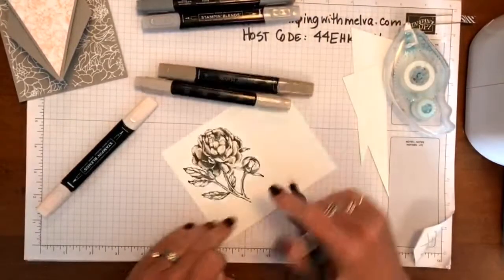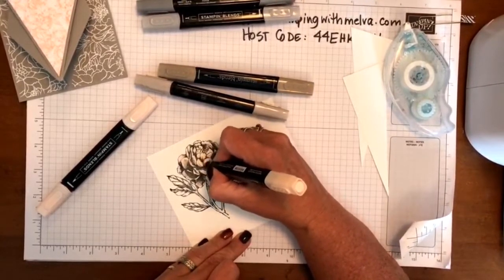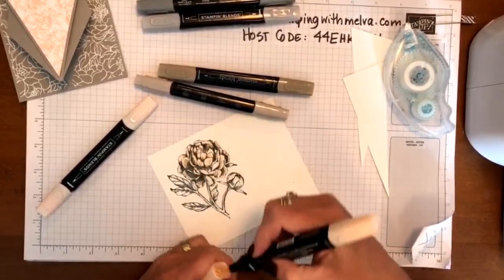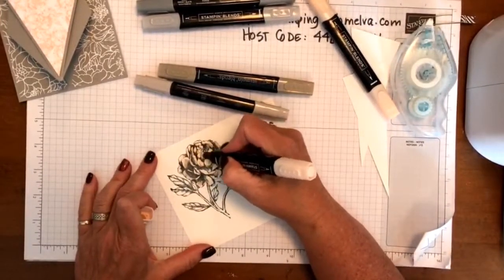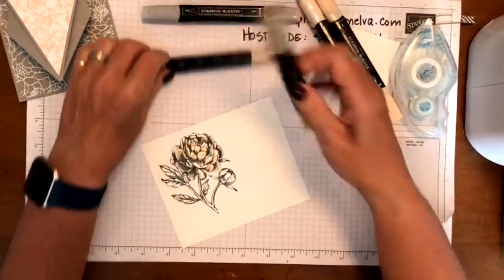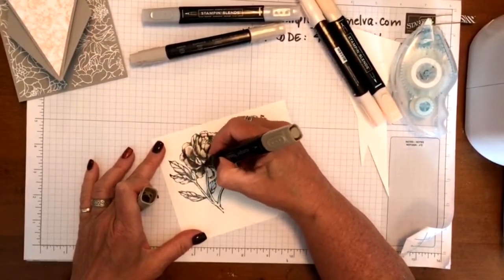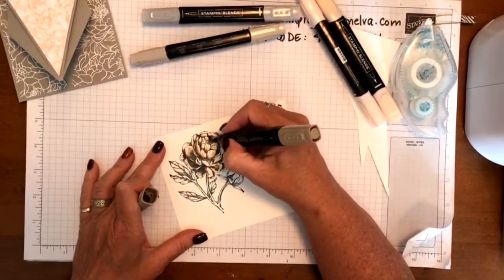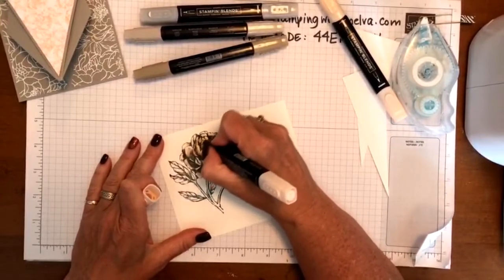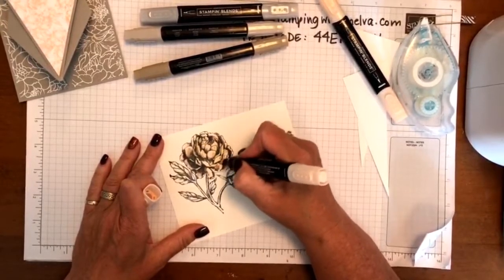All right. So I'm just going to try and add some darker. Like I said, if you really wanted some dimension to this, you probably would have to add a darker color into it. Maybe like adding Flirty Flamingo to get some additional color. So then I'm going to take the dark Crumb Cake and just add some color. I'm going to blend this a little bit, going back in using the light cool petal pink to color over this